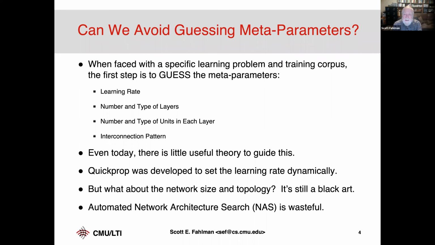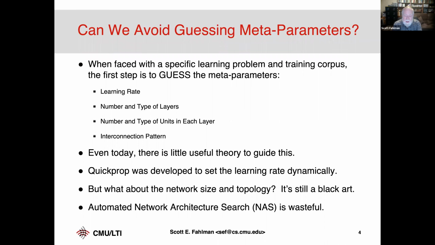So by just looking at the second derivative, you can get self-adjusting learning rates, and they can be different for every weight in the network. There still are parameters you have to put into QuickProp, but they're not the crucial ones. The learning rate is crucial, because if it's too high, you jump right past the answer. And if it's too low, you're creeping very laboriously down a slope. So that's QuickProp, and that did speed things up in the backprop world quite a bit. Often we saw a 10-fold improvement.